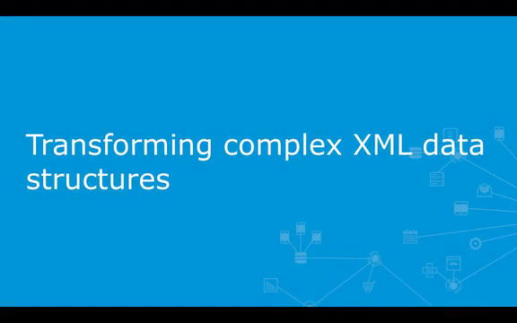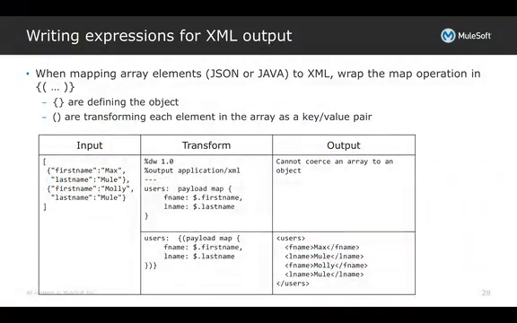Transforming complex XML data structures. Writing expressions for XML output. When mapping array elements, JSON or Java, to XML, wrap the map operation in curly braces in parentheses. The curly braces are effectively defining the object, while the parentheses are transforming each element in the array as a